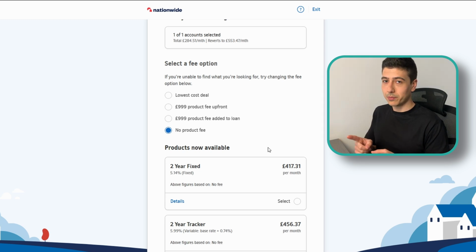In my case, the balance I owe, which is 74,000, going with the no product fee is usually better, because if I pay 1,000 now, I'm going to be paying £11 less each month. So it won't be worth paying 1,000 to save 11 a month, because in order to make that 1,000 worth it, I would have to be staying with that mortgage for more than 9 years to make up for the 1,000 mortgage fee and save